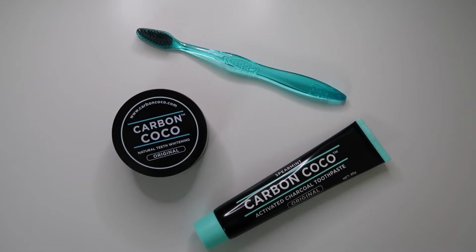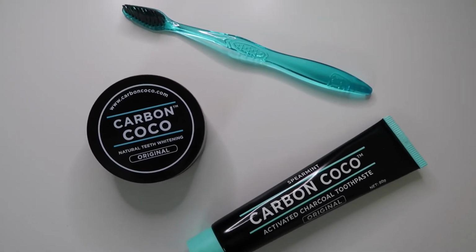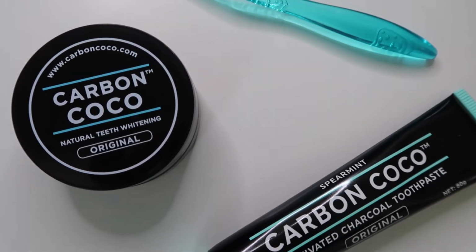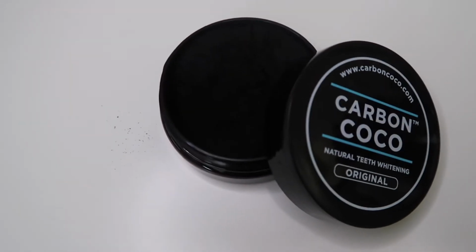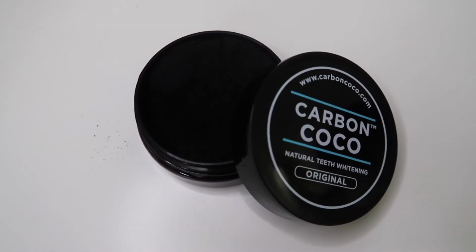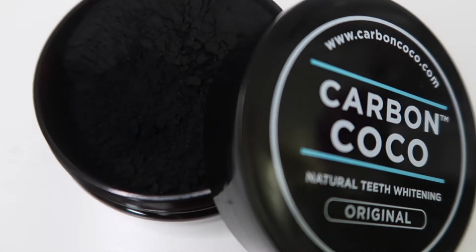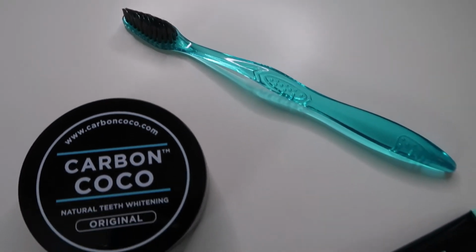Before I get into the demo and explain a little bit about each product, of course, I'm gonna read a little bit about their company. Coco is 100% natural for real. Our finely milled powder is totally natural and safe. The medical grade activated charcoal is made from certified organic coconut shell to remove toxins, fight stains, and protect your teeth. The bentonite clay remineralizes teeth, and the surprise hint of lemon myrtle in the mix adds gentle, non-acidic antibacterial